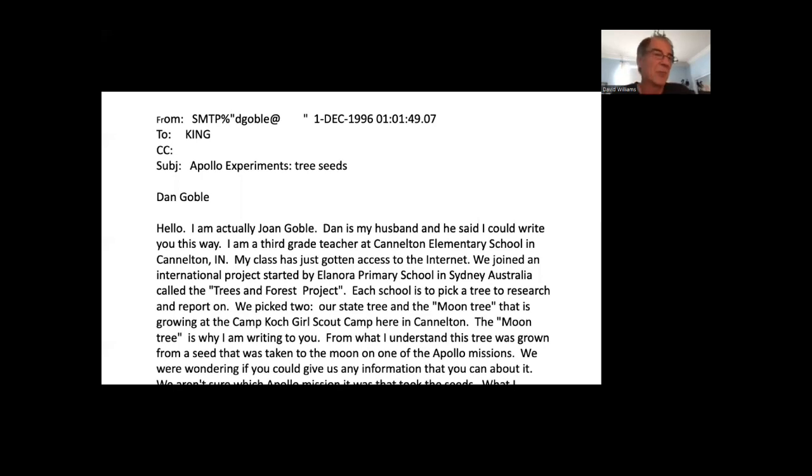And well, I never heard about it. Moon trees. And everyone I asked, including a lot of the old timers that worked at Goddard, we had a lot of people who worked on Apollo and were involved with the Apollo missions, scientists and engineers. No one had heard of it.